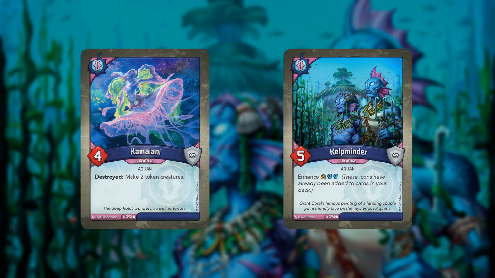And then, of course, the very last, our most valuable player for Unfathomable. And here's the thing, I couldn't pick just one. We have 2 MVPs. They are tied. That is Kamalani and Kelpminder. Kamalani being the 4-power creature that has destroyed: make 2 token creatures. This is fantastic. Maybe you're going to get a few reaps out of it, but being able to destroy it